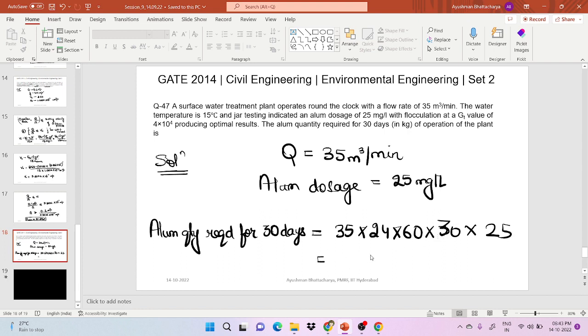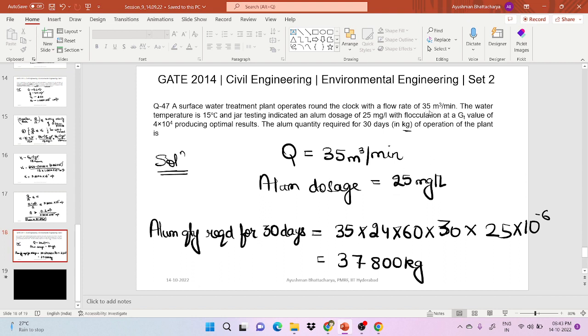So the alum dosage is 25 milligram. We need it in terms of kg, so 25 into 10 to the power minus 6 to get kg. The answer will be 37,800 kg. So basically, what we did in this question is simply use the data given in the